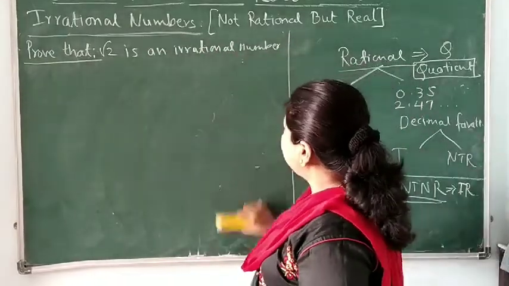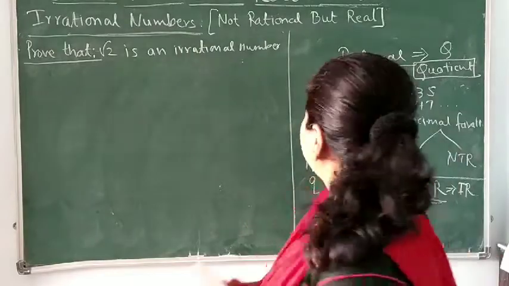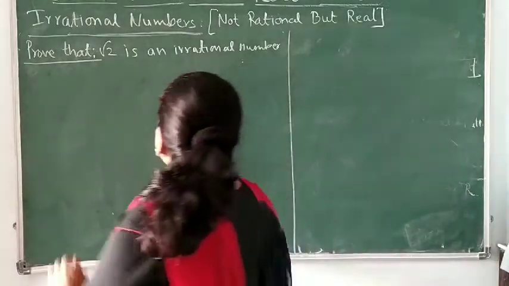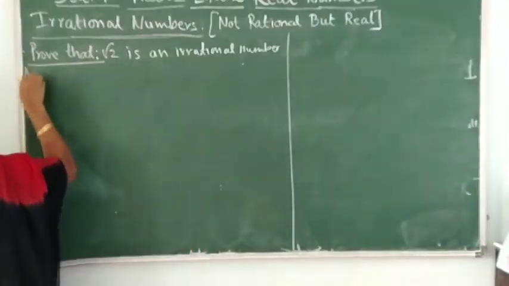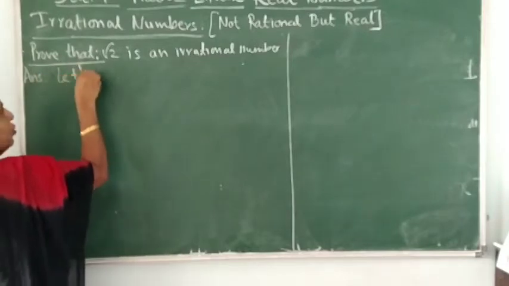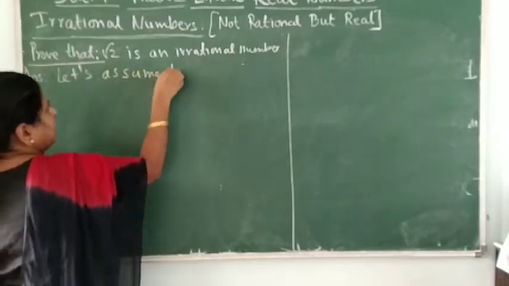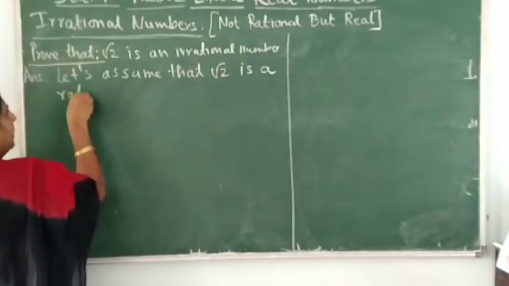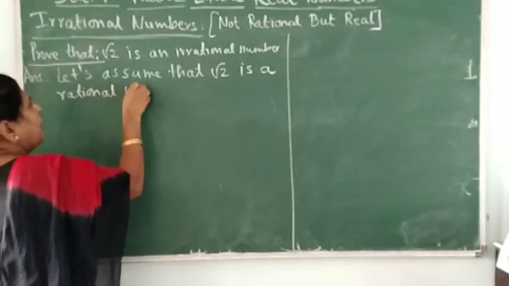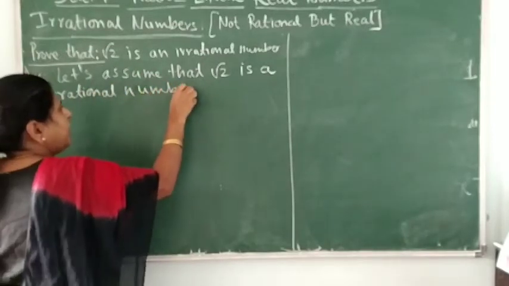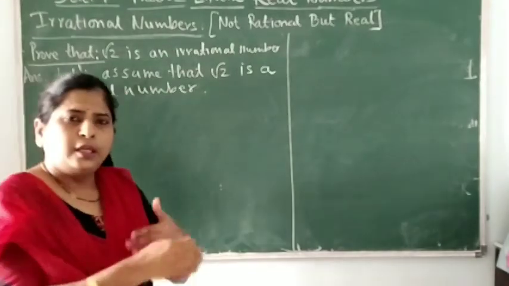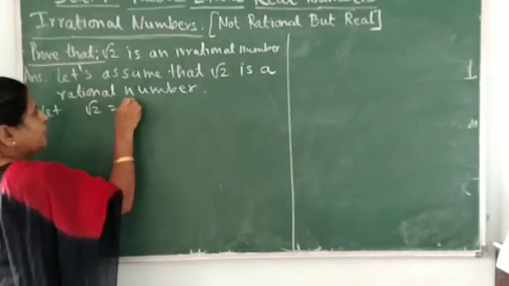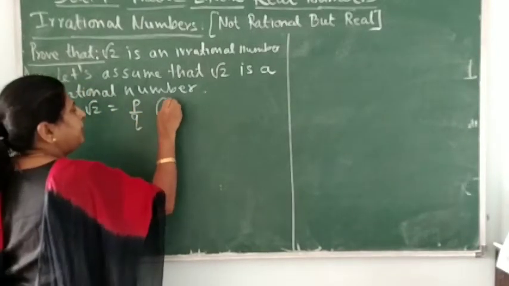Okay, so now let's see how to prove this proof part. Now to prove that square root of 2 is an irrational number, we will start our solution or answer like, let's assume that square root of 2 is a rational number. Okay. Now if it is a rational number, we should be able to express square root of 2 in the p upon q form. Therefore, let square root of 2 be equal to p upon q, where p and q are